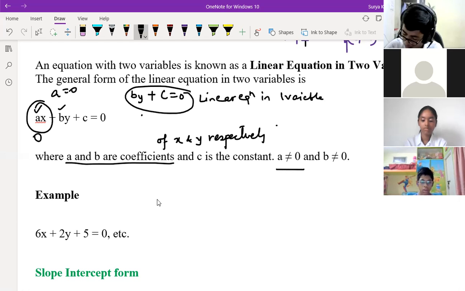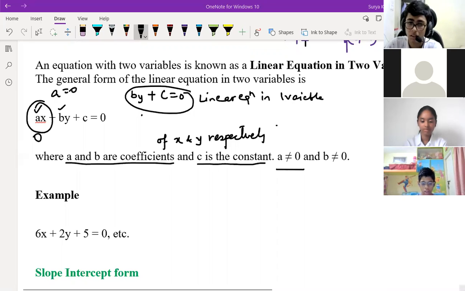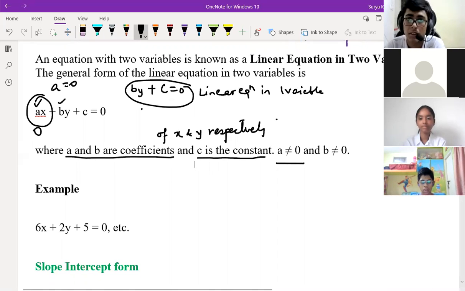But there are three variables, right, sir? There's B, Y, and C. C is constant. C is given here, C is constant. Oh, okay. So if A and B both become 0, then that is not a linear equation only. So it's only X and Y, and the other three are constants and coefficients. Yeah, A, B, and C are constants. Okay, C can be 0, right, sir? Yeah, C can be 0, no problem.